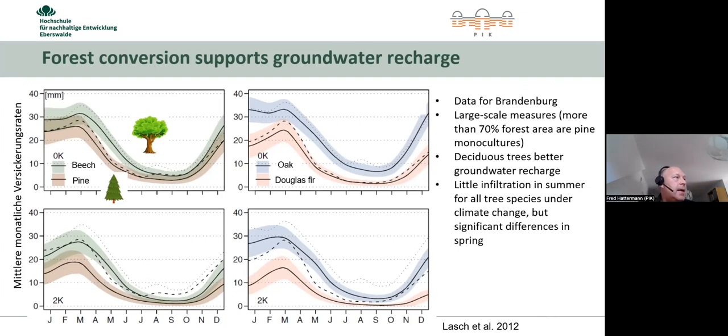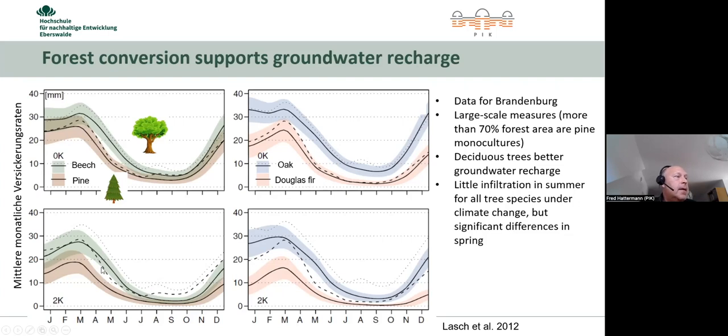And therefore you will have, and these are simulation results we have done for the entire region to see the effect on top without climate change, below with climate change. And the upper band is always broadleaf. This is beech, Buche, and pine below, Kiefer. And what you see is a groundwater recharge, and that groundwater recharge, especially in spring, is much higher under beech, and the same with oak and Douglas fir, Douglasia.